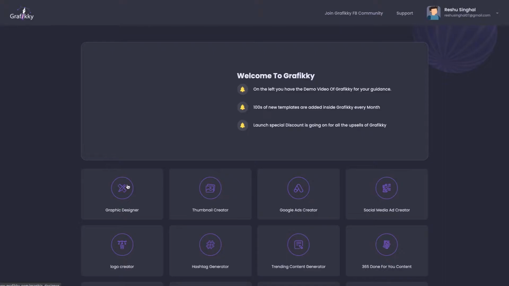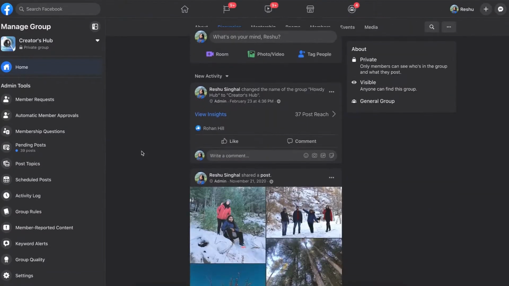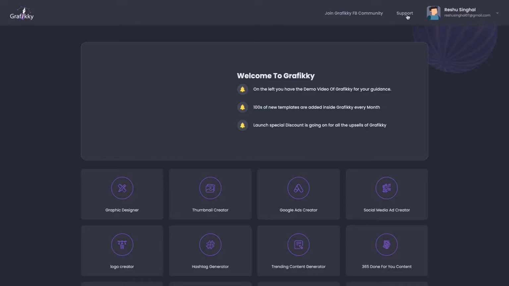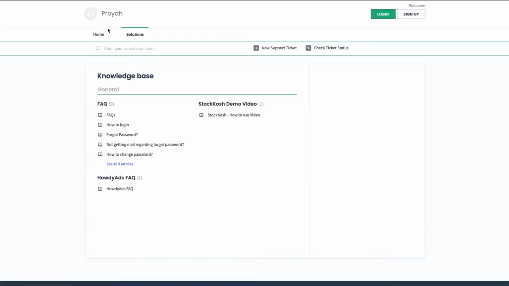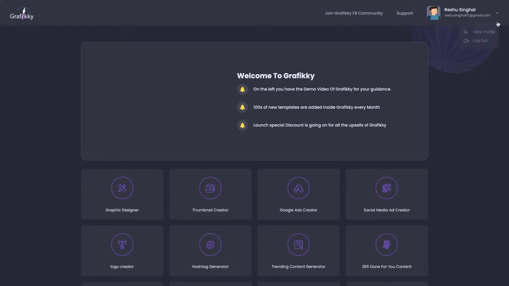Before going to the tools, I'll explain what all our dashboard has. In this part you will have all the current announcements we will have for you. You can get them all here. You can see them all here. You can get connected to our Facebook community from here. If you want to reach us out for some work, you can definitely click over here and you'll come to our support panel. This will be your profile manager, where you can view your profile and see what purchase you have done and what purchase you have not done. Basically it will give you all the overview of your purchase and your access details.